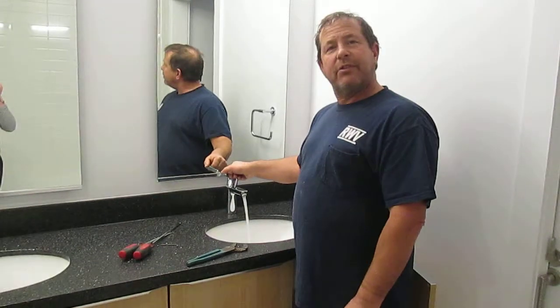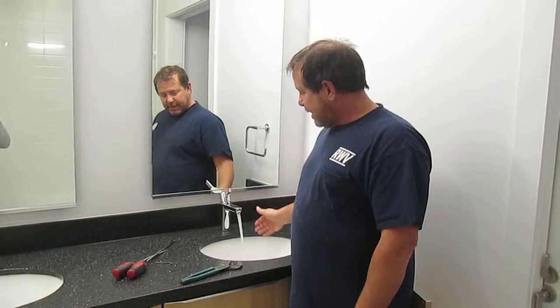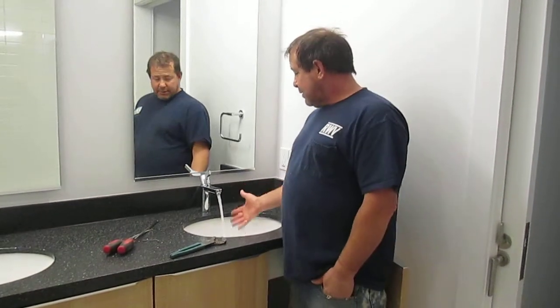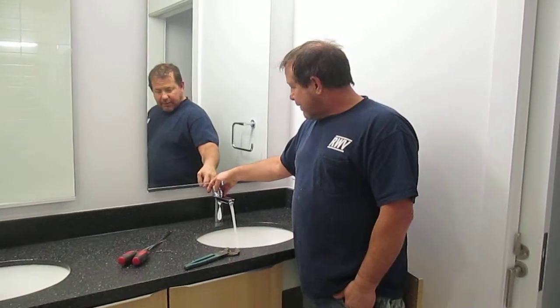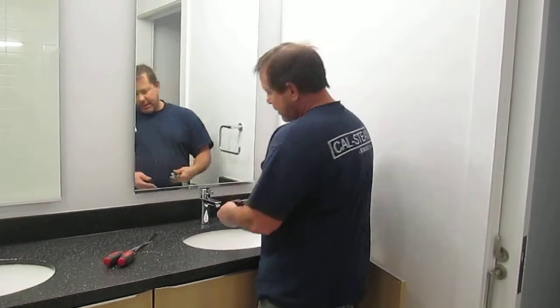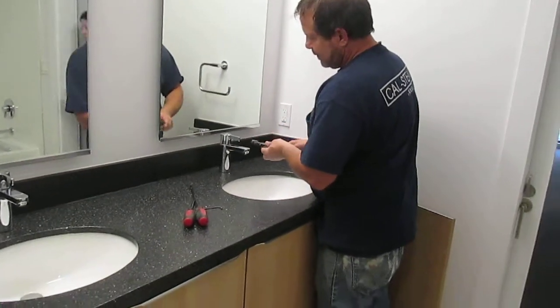This is the lavy faucet. Again, the water on this fixture should be aerated and smooth and flow. If that's not the case, it's more than likely that you have something in your aerator, which